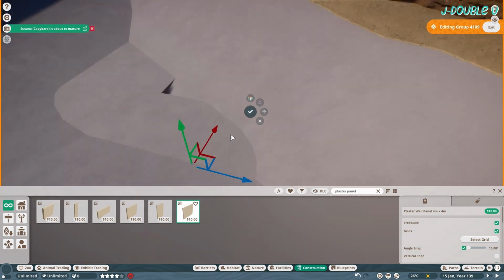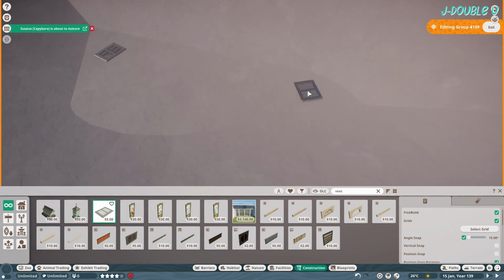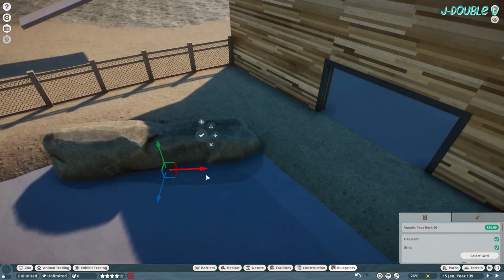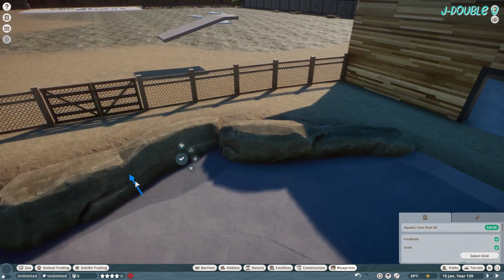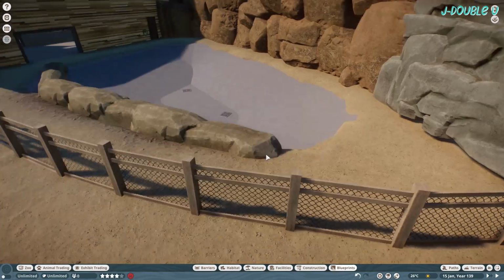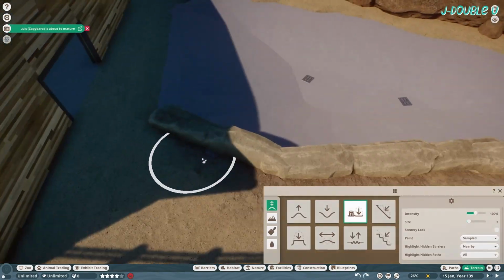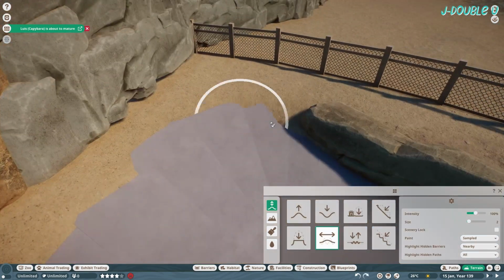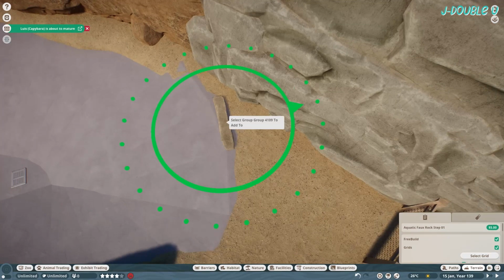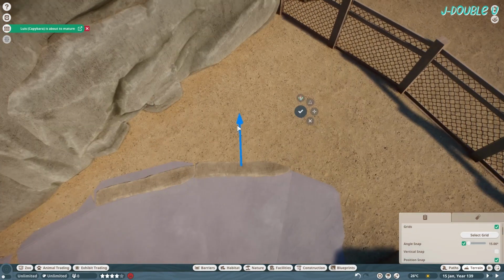I do go for a flat bottom, just for easiness, you know, you put the drains in. And because this just looks scruffy, the terrain sort of poking out, I put some fur rocks on the end, and it serves a double purpose. It's to hide the scruffiness, but it also gives the juvenile sea lions a little bit of privacy in the nursery pool. It blocks the line of sight a little bit with the guests, which, to be fair,